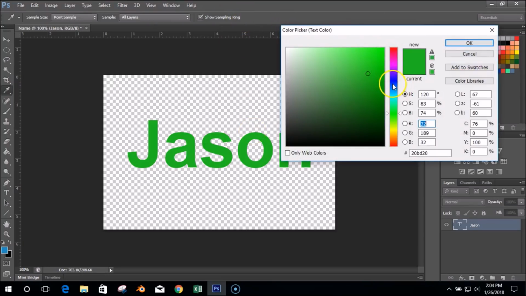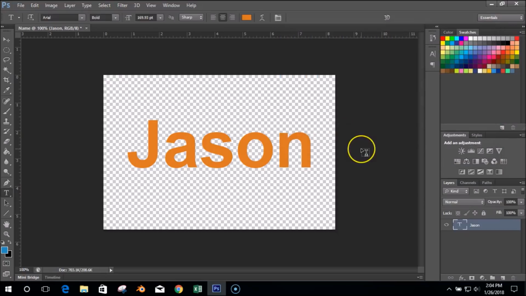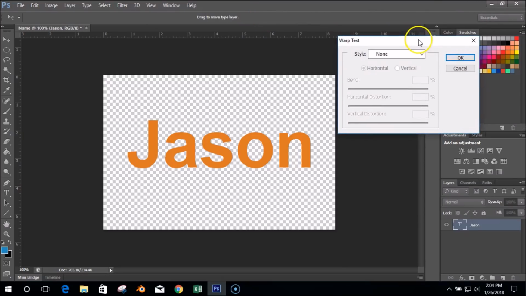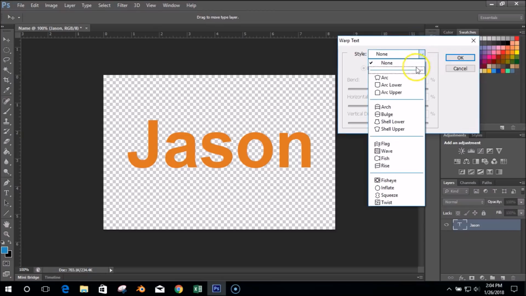So that's just the same as when we were picking brush colors earlier. So you can pick your color you want to use. The next button right here is called warp. So if I click on that, I can warp my text. I can select and I could arch it,